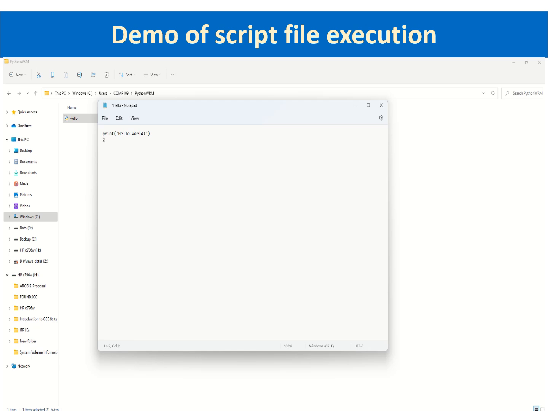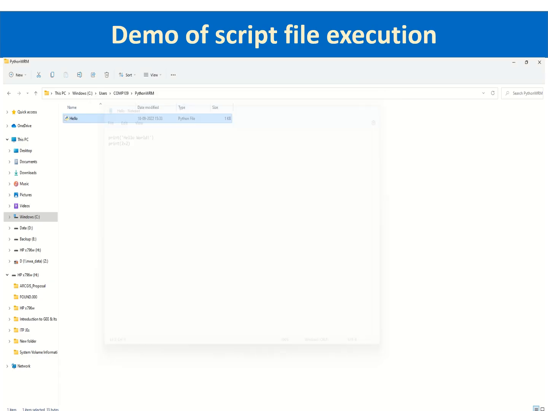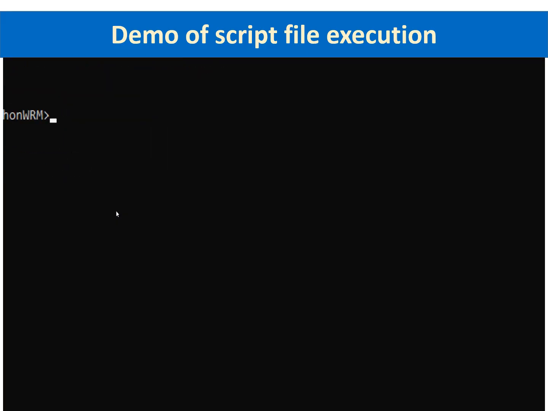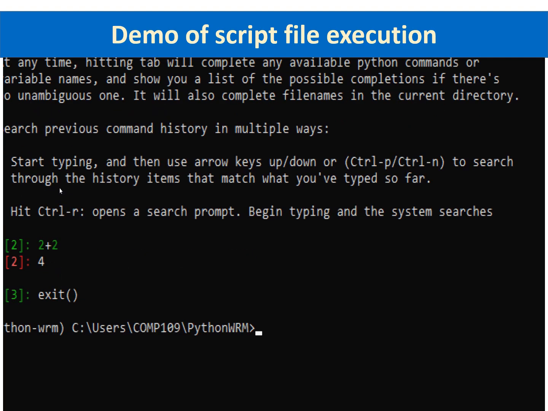Now you can write 2 plus 2, but if it gets executed you won't be seeing anything printed on the console. Let us print 2 plus 2, and now you save this script file. Now let us come back to the command prompt. Now I will again use the shortcut,